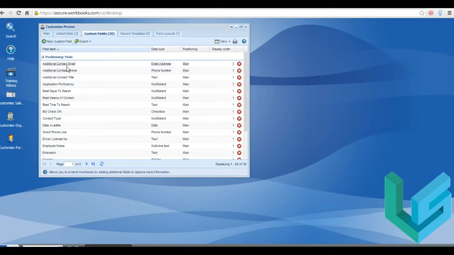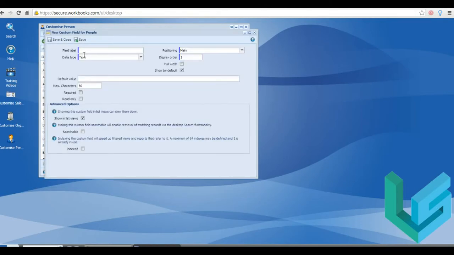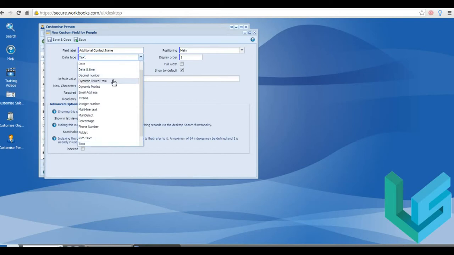And you'll see here that I've got additional contact, email, phone, and title. So I've already created these fields to make the tutorial a bit quicker, but I'm just going to go to new custom field, and now I actually have to create the actual item itself. So I'm going to type in additional contact name, and I'm going to make this a data type of dynamically linked item,